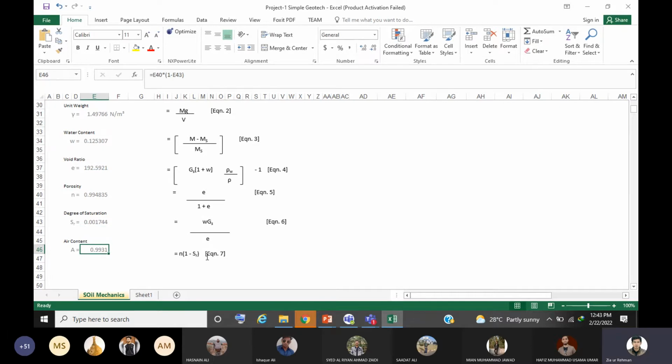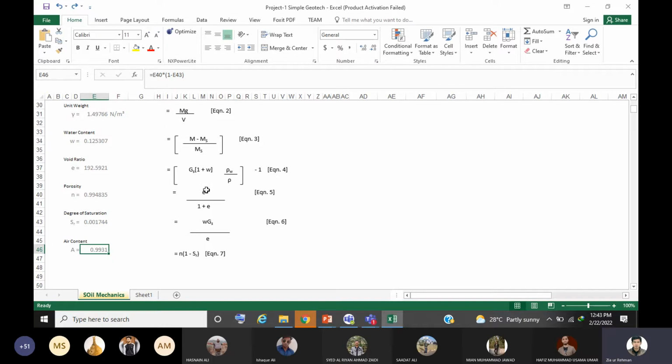Then for area, here you see first I want 1 minus SR, which is this, SR is this. So I have placed a bracket here, 1 minus SR, then minus this one. Let's say if I remove this bracket, you see the values would be different. So in Excel, this is very important that you should know how to place the formula.